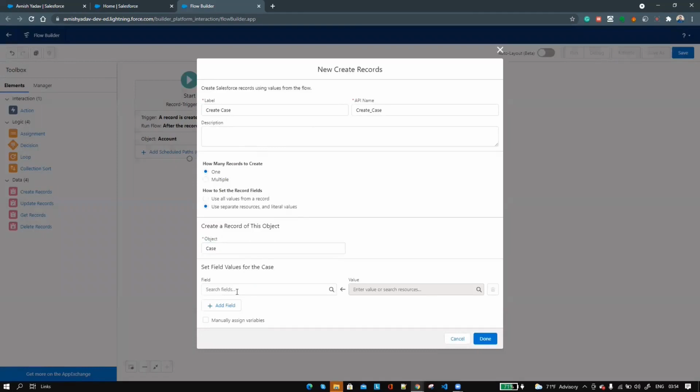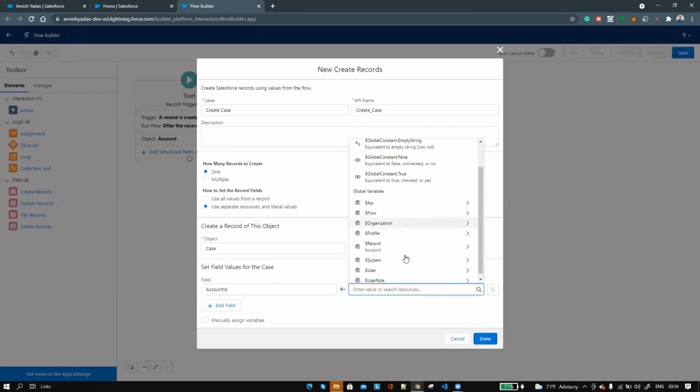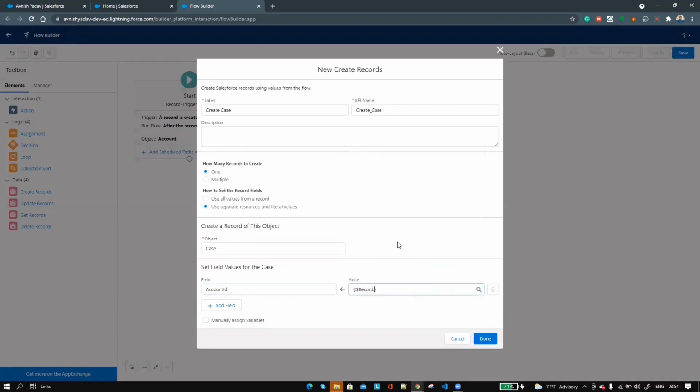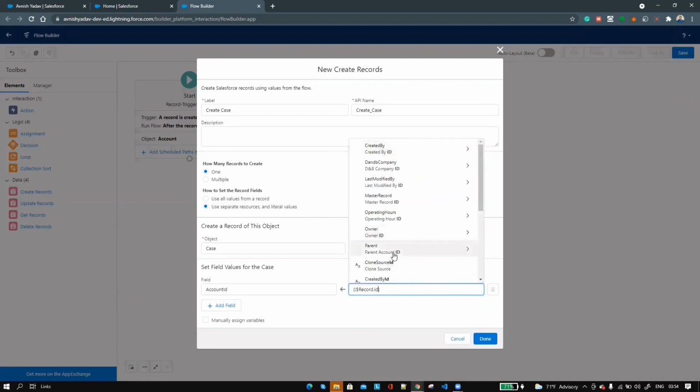Let's provide a few field values for the case. Let's choose AccountId, which is equal to the account ID of our record. So we'll go to the record and choose ID. Let's add a field.